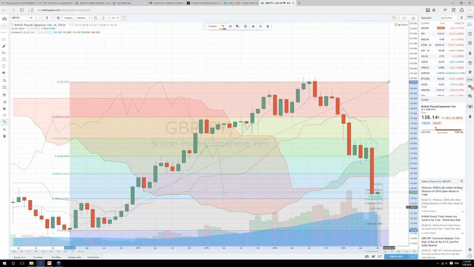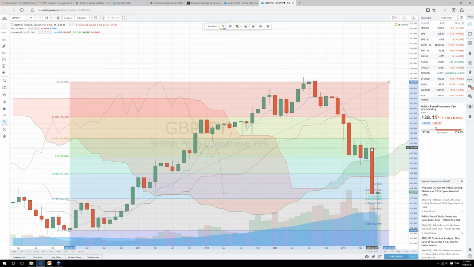So there's a lot going on with pound yen. I know that you asked me to cover pound yen. Pound yen is a little bit too ambiguous at the moment. All right. So from a long-term point of view, I don't even trust this Ichimoku cloud because this was not